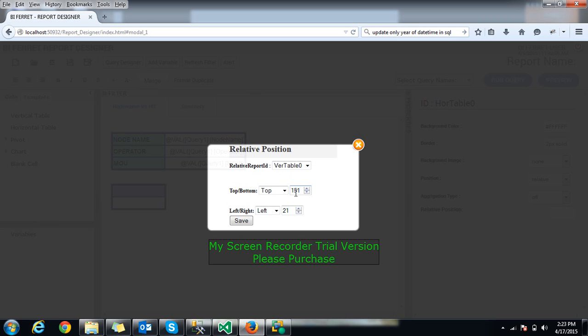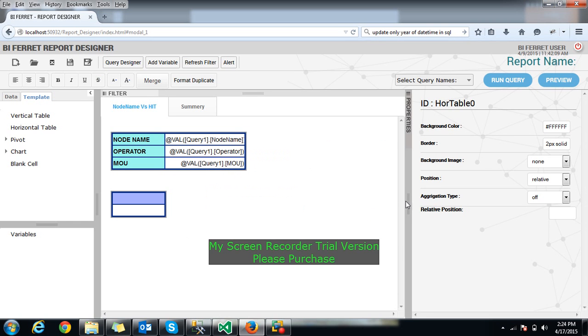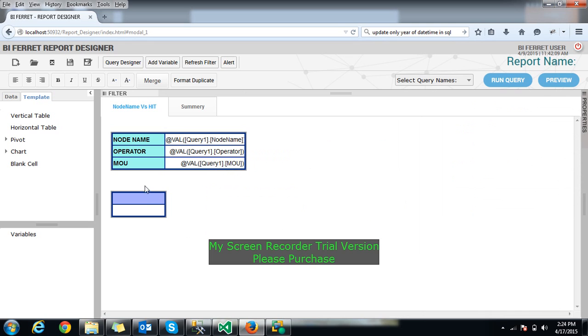So I'm selecting vertical table here, bottom 50, left 0, save, which means the horizontal table is 50 pixels bottom from the vertical table. So this is how we can set the relative position,